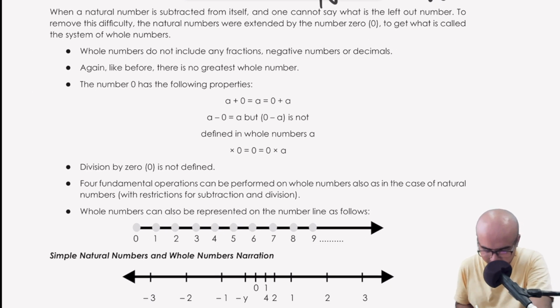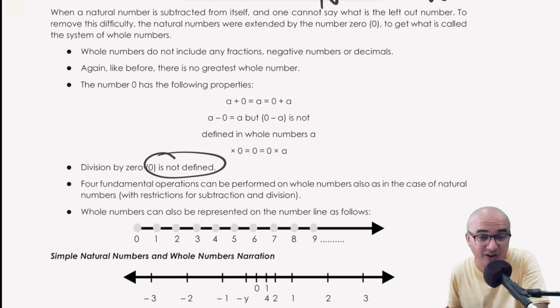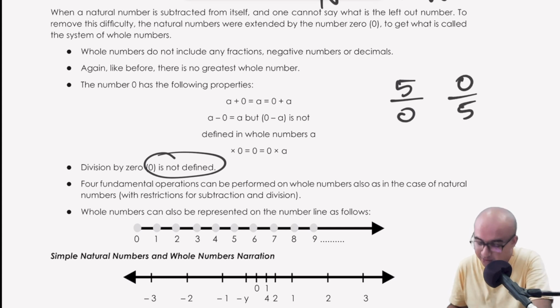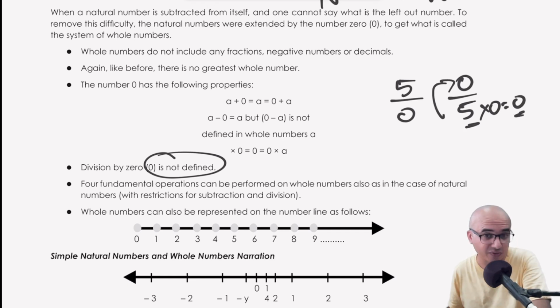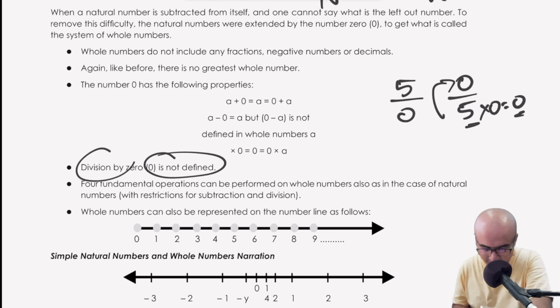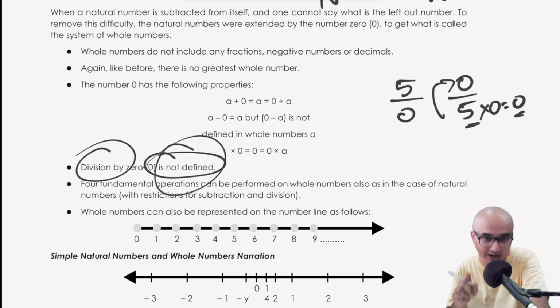And of course, division by 0 is not defined, they say. That means, think of any natural number, let's say 5. 5 divided by 0 is not defined at all, because there is no way any number can be divided by 0. Whereas 0 divided by 5 is easy to answer, because 5 into 0 is anyway 0. So therefore 0 divided by 5 is 0 itself. Whereas the vice versa is not true. So if at all you get a question wherein they say division by 0 of a natural number or a whole number, then your answer should be not defined, not 0.